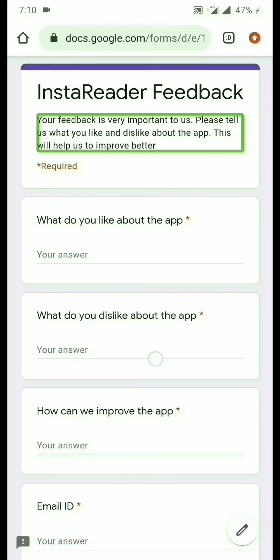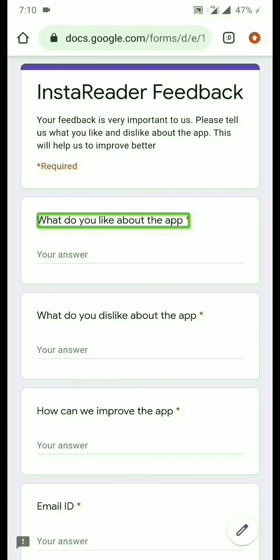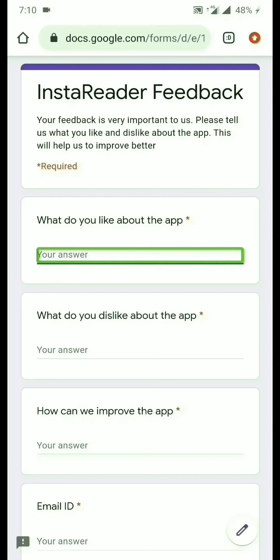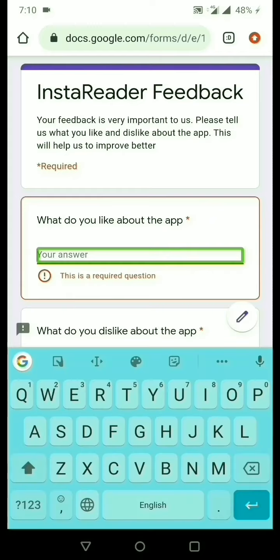If you swipe right from there, What do you like about the app? Required question. Heading 3. Required question. Error and valid entry. So the first question is what do you like about the app. If you swipe right from there, Edit box. Error and valid entry. What do you like about the app? Required question. So there is a valid edit entry box. If I select that, Alert. This is a required question. The keyboard will open. Showing English UK QWERTY keyboard. The keyboard will be open and you can type about what do you like about the app.